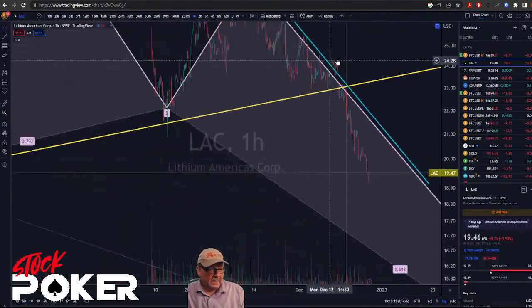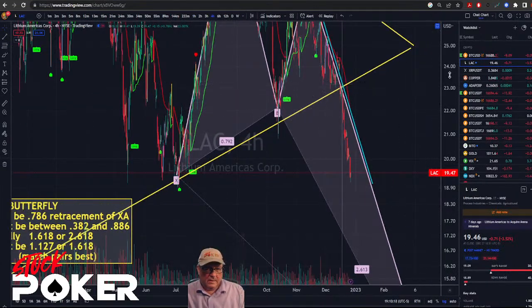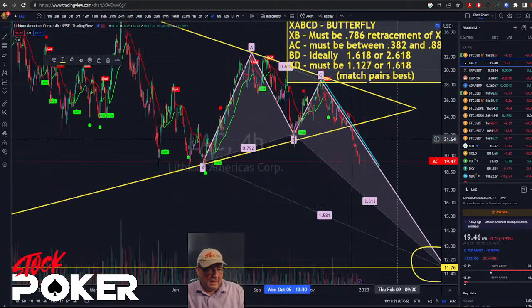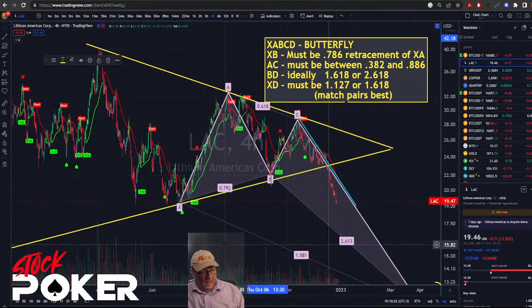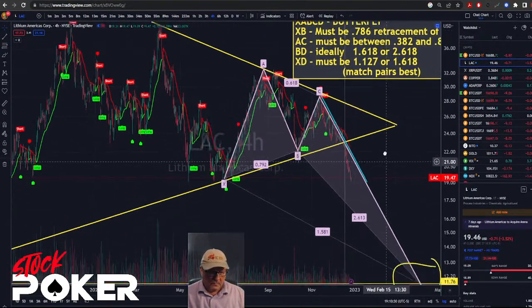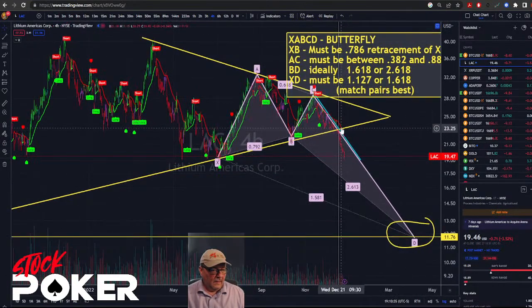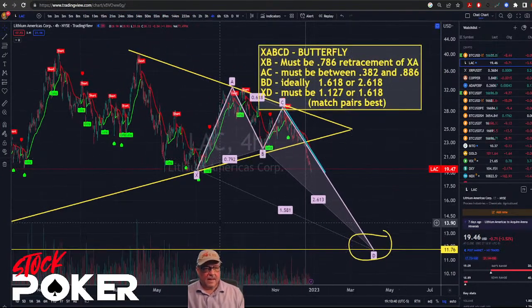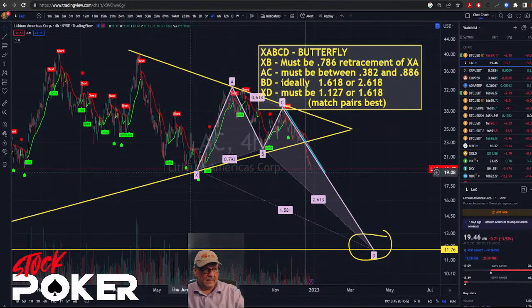Here we are, let's zoom out to like a 4-hour. We did this butterfly right here, this gorgeous butterfly. In this particular one, we identified the first 3 legs, and we are potentially here in this 4th leg. When it broke this structure, it seems to be going really, really well. And again, the butterfly, this first retracement, the AB leg of the XA leg, it has to be 786, and we nailed